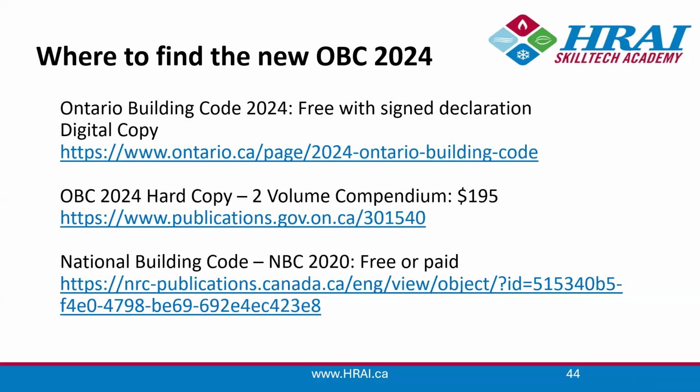If you're looking for a copy of the new Ontario Building Code, you can actually sign a declaration that you won't use it for commercial purposes, which just means you won't make copies and sell them. You can certainly use it for your own understanding of the code and educational purposes. So no worries there. You just sign a declaration, and you can download both compendiums for free, which means you get all of the supplemental bulletins as well as